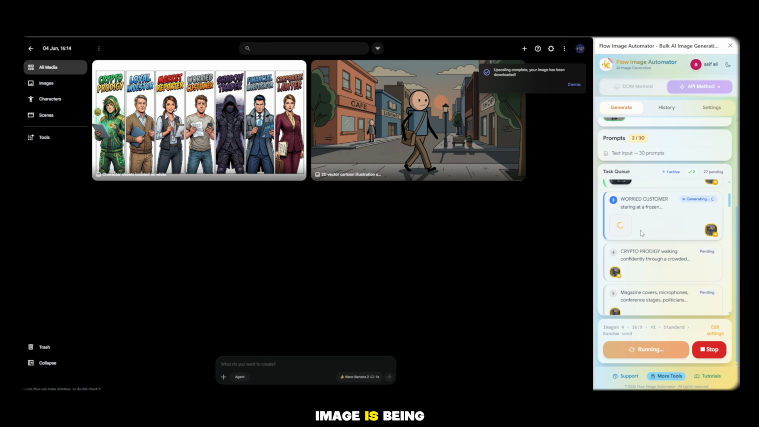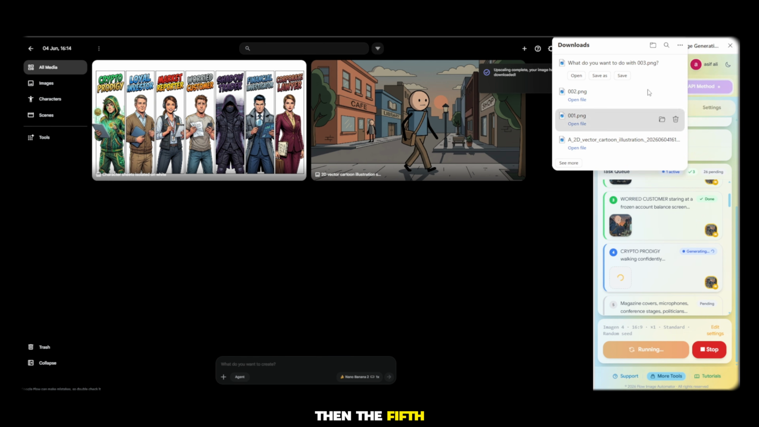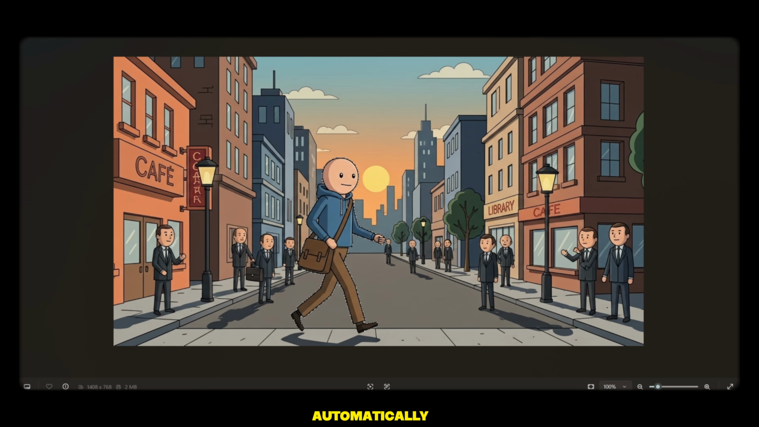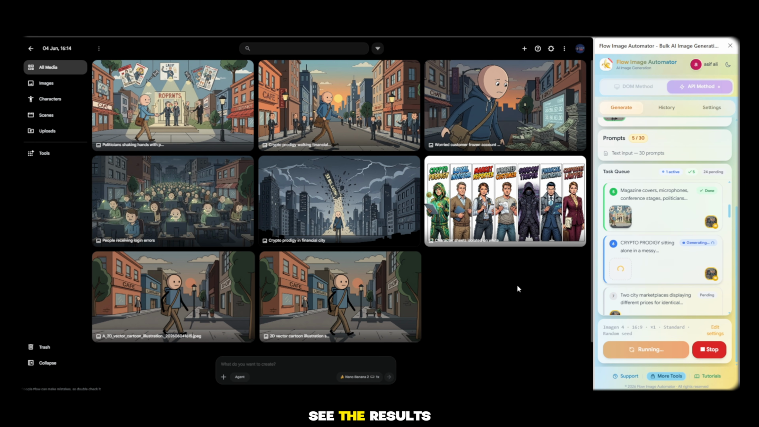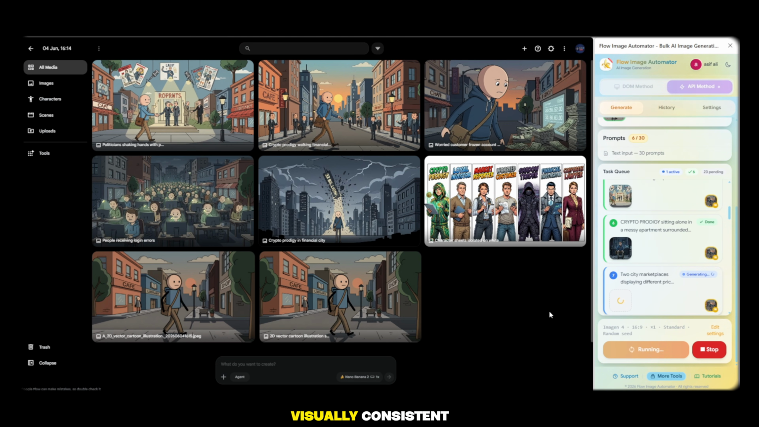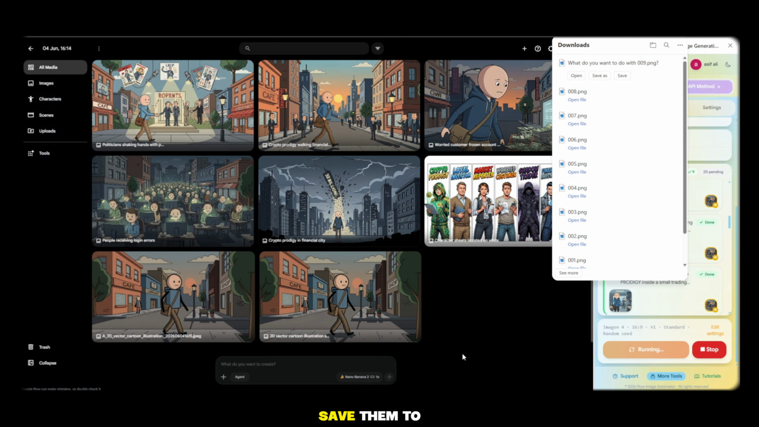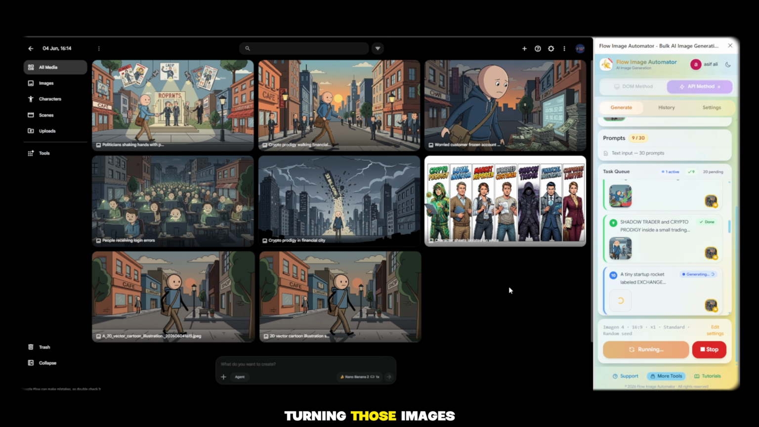Now the second image is being generated, and the third, then the fourth, then the fifth. The process continues automatically without requiring any additional input from you. As you can see, the results are extremely clean, visually consistent, and perfectly suited for finance documentary content. Once all the images have finished generating, simply download and save them to your project folder,